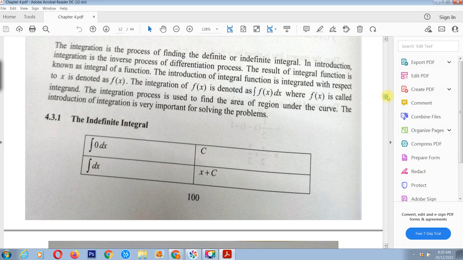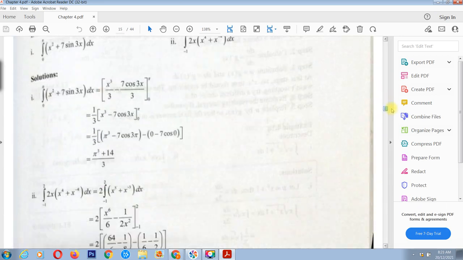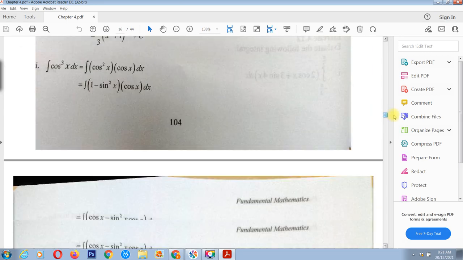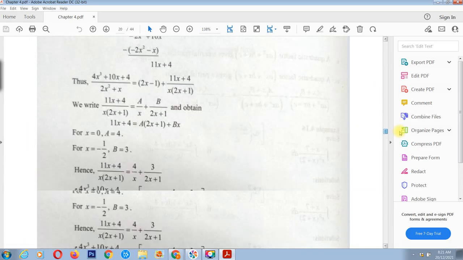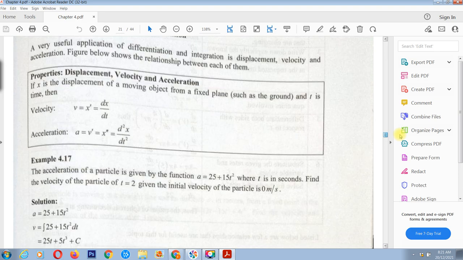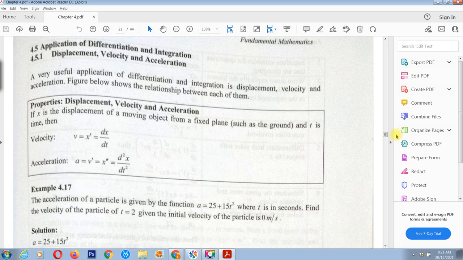If you see here, we go to application. We go to application first. So in application we have a rate. We can measure the displacement, velocity, and acceleration. So for example, in our computer, if you see, we